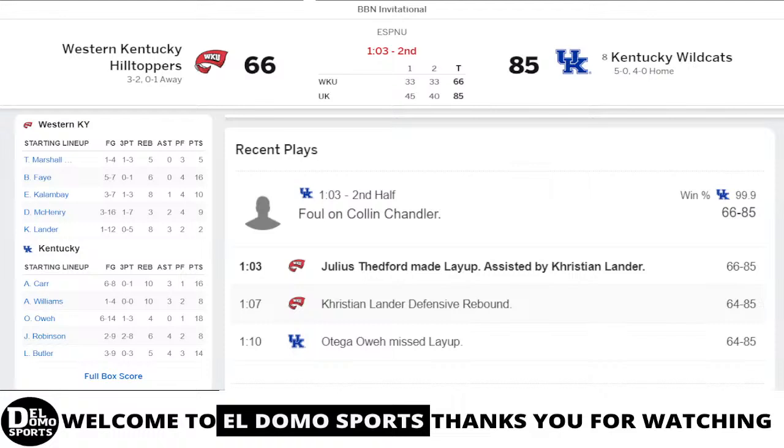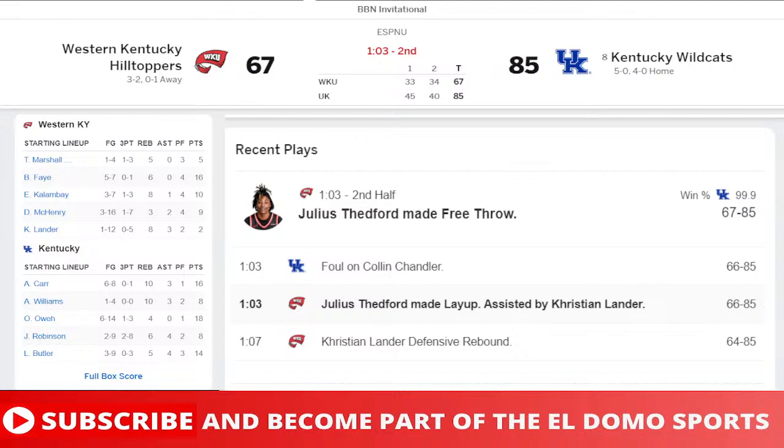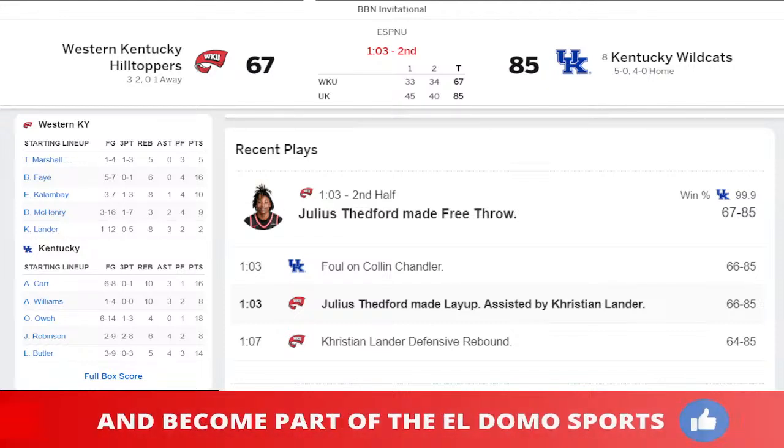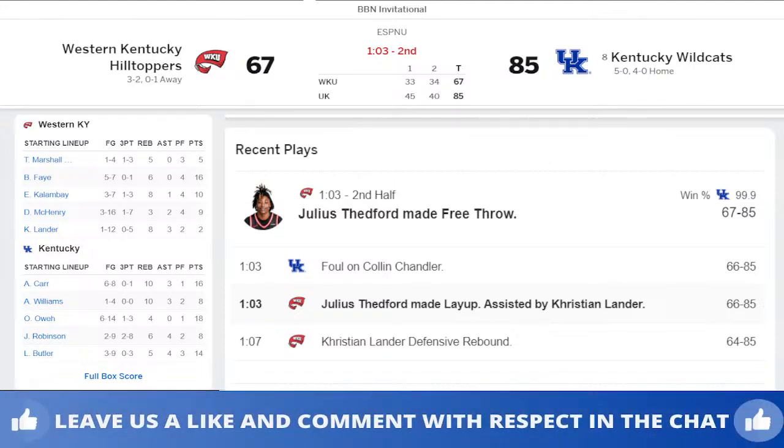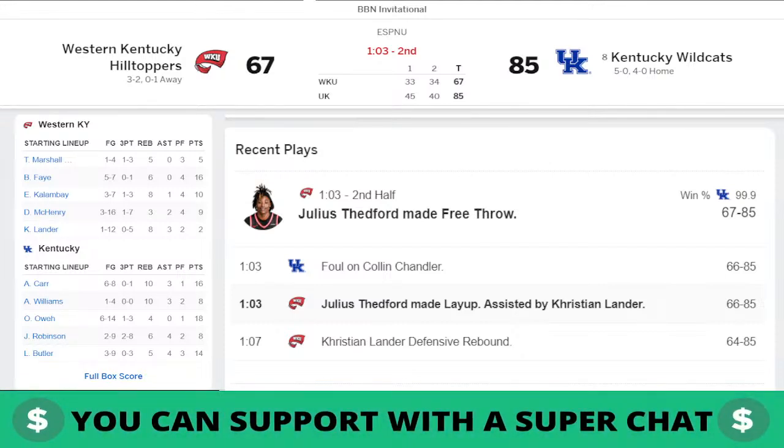Marshall now out, Kalambe is out, Bayless is in. And Jackson's back in. This will be a pressing lineup. I think they'll probably pick him up full court. Bedford trying to complete the old-fashioned three-point play, and does. Very small lineup for the Hilltoppers right now. Now Leroy Odiahi's seen his first action of the night for the Hilltoppers. He replaces Thedford. Thedford leaving with 18 points. Even in for McHenry. 63 seconds left. Kentucky leading